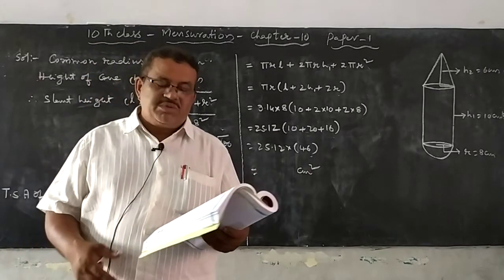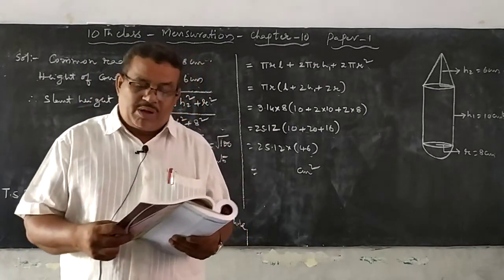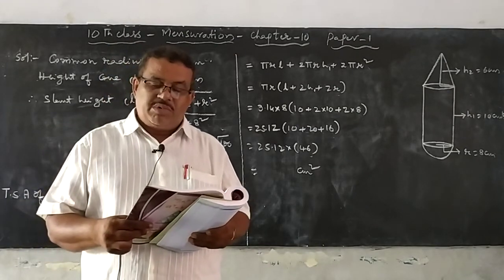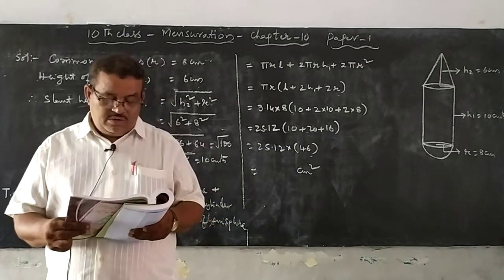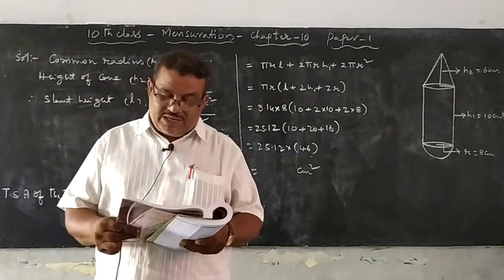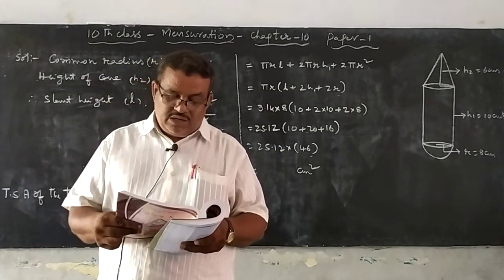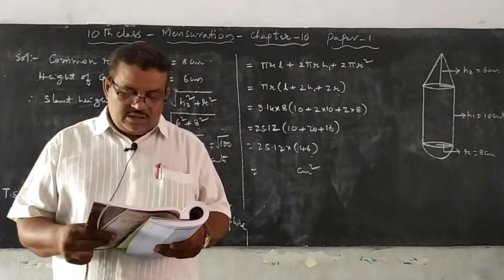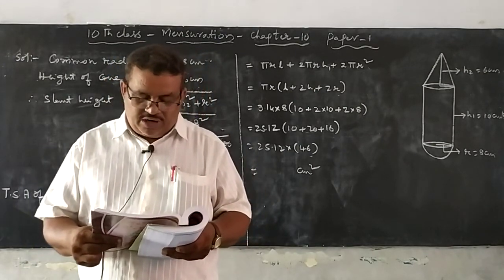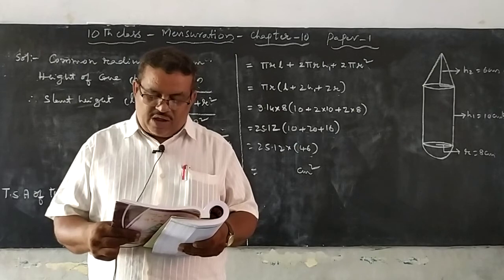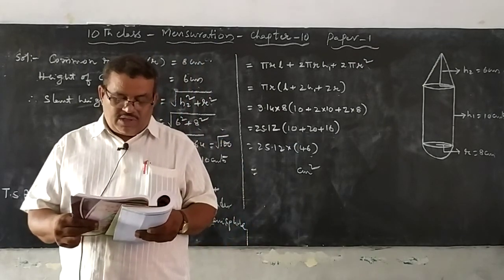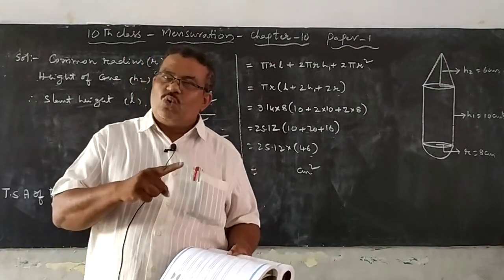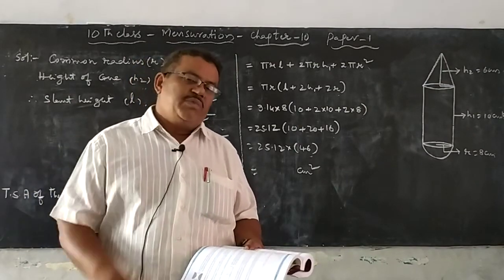Here in the third problem, see all of you, the diagram is also given in problem number 3, page number 255. A medical capsule in the shape of a cylinder with 2 hemispheres stacked at each end. The length of the capsule is 14 mm, width is 5. Find the surface area. The length of the capsule is 14 mm, that is the total length of the medical capsule.